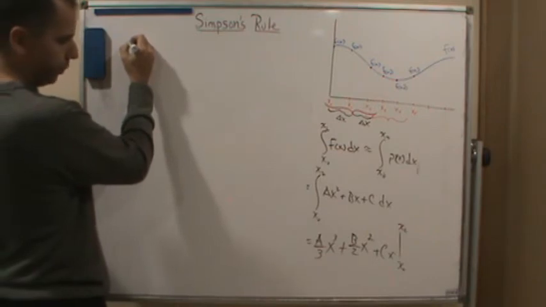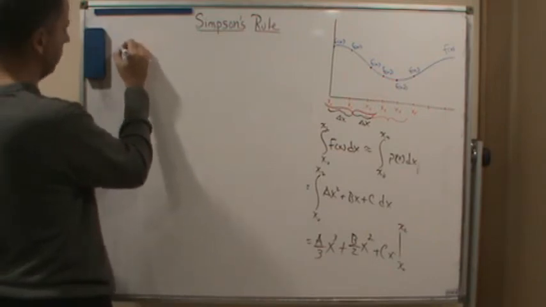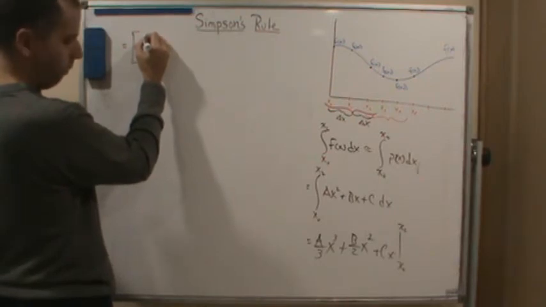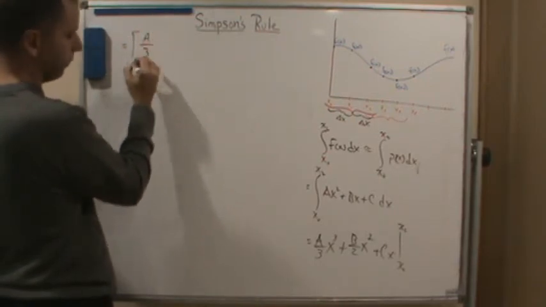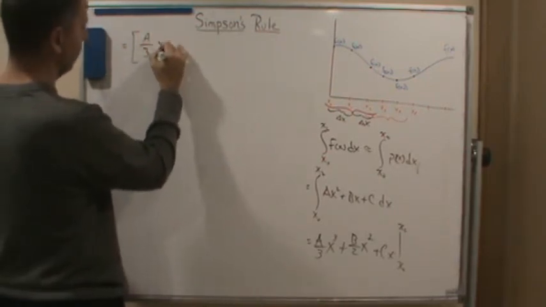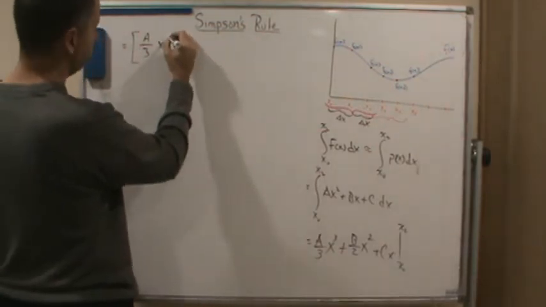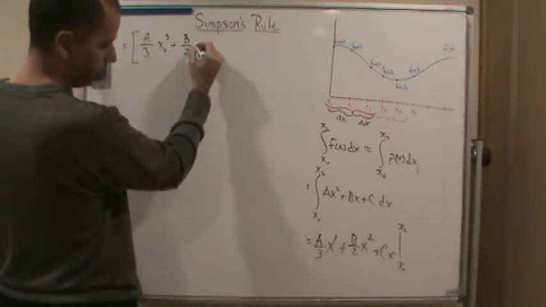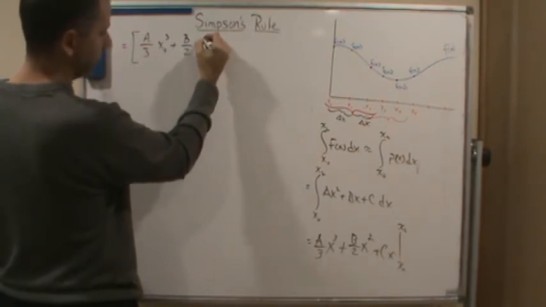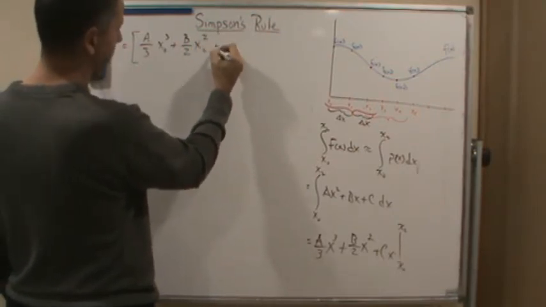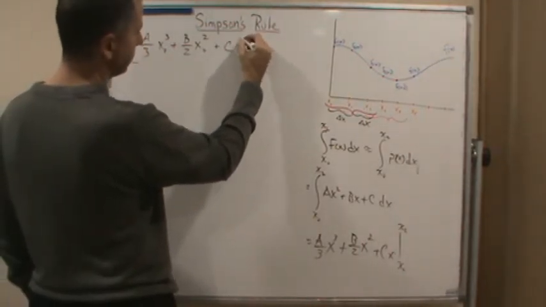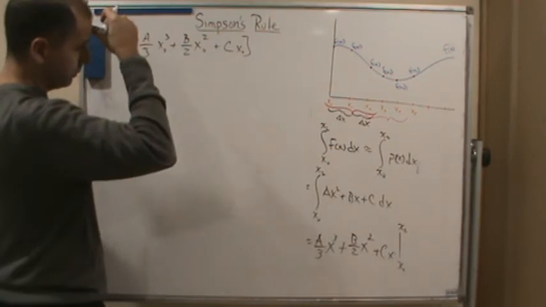So we've got, this will equal a over 3 x0 cubed plus b over 2 x0 squared plus c x0